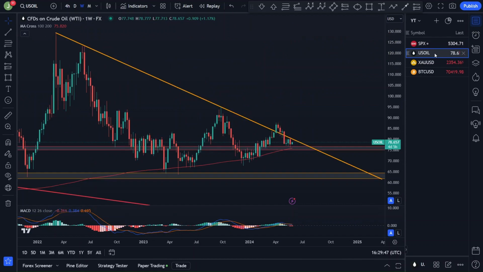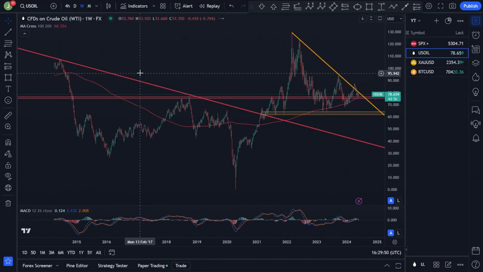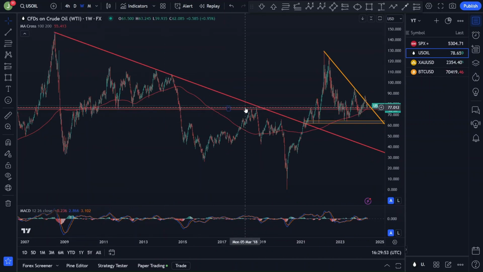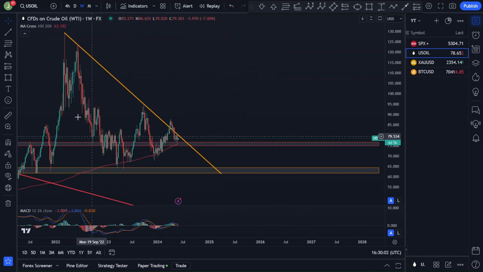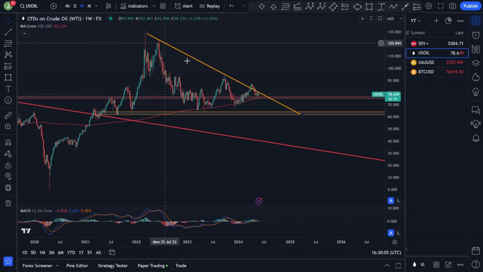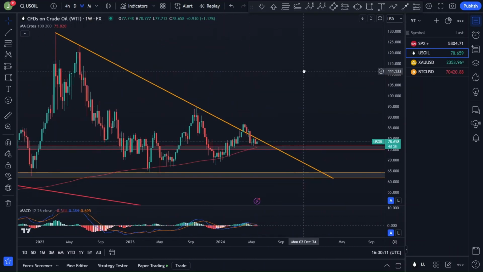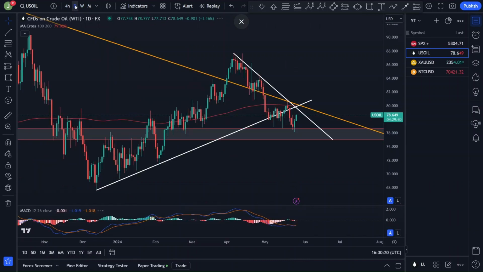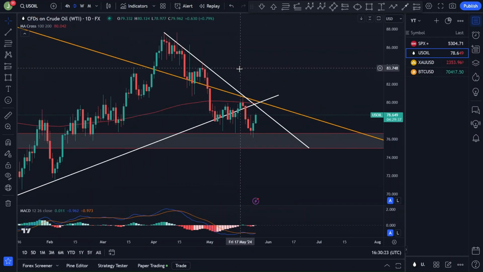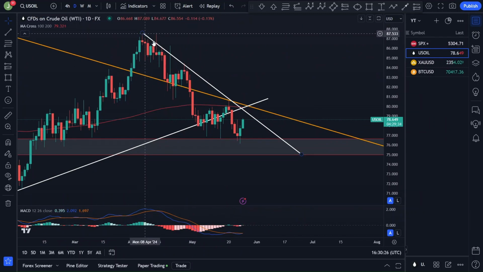If we switch to US oil against the US dollar, we can see on the weekly time frame, here drawn in red, a monthly downtrend line, so pretty significant, was broken to the upside, supported by this 200 moving average. The break gets retested at the moment with a weekly correction. But this weekly correction drawn in orange has also been broken to the upside, currently retesting this breakout. And you can also draw a daily trend line above this correction.